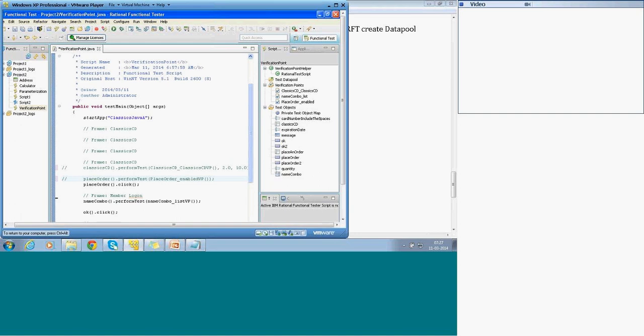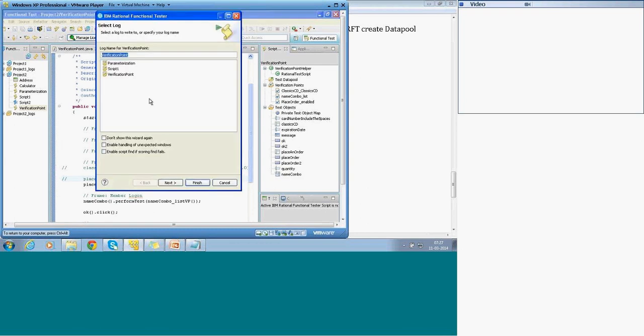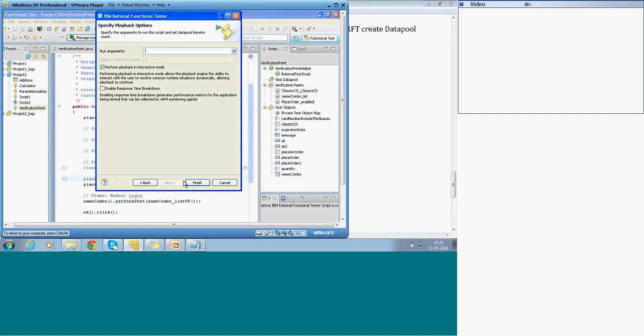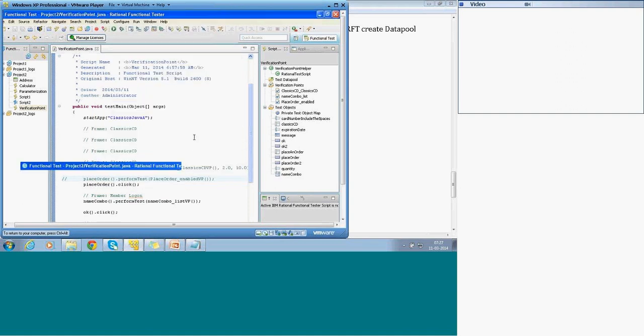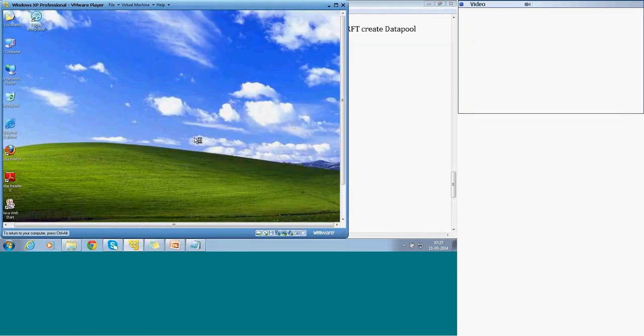If you don't want to execute any of the lines, you can comment it in this way. Double slash. If I want multi-line comment, you can use slash star slash as usual. So from this verification point, execute, finish. I hope I close the application.